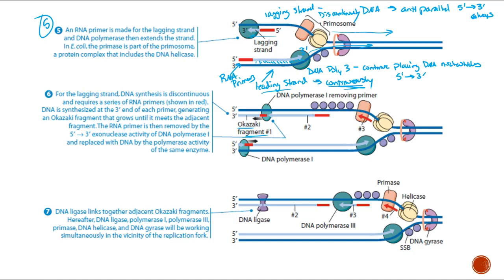We still have to place the primers, and so what happens is the RNA primase comes in, lays the RNA primers here at number 1, and then it skips ahead a few thousand base pairs and it lays more RNA primers. Okay, and then it's going to skip ahead and make more RNA primers, and then skip ahead and place more primers. Notice though that when it skips ahead like that, it is moving this way. Okay, it's moving this way overall, but DNA polymerase 3, just like it did here, notice the same shape, same color, DNA polymerase 3 still starts at the RNA primers just like it did down here